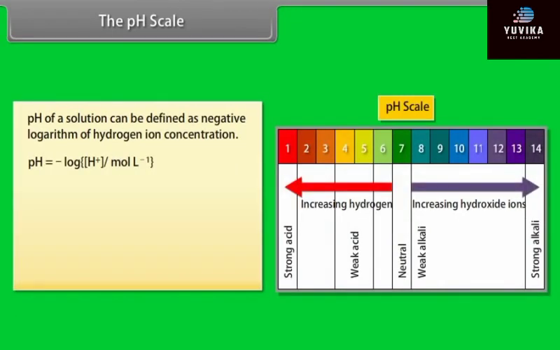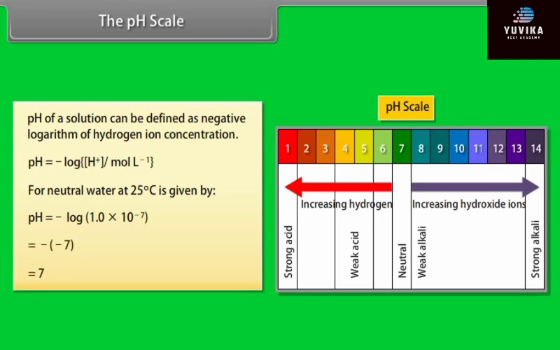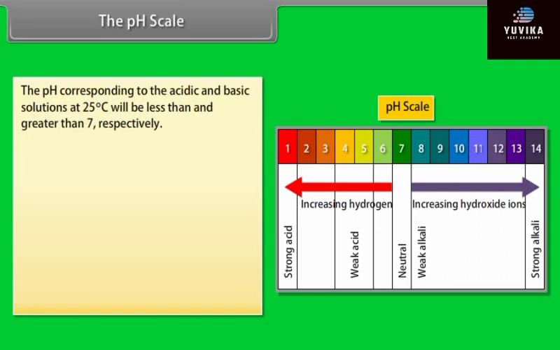The pH scale. The pH of a solution can be defined as the negative logarithm of hydrogen ion concentration. For neutral water at 25 degrees Celsius, pH is equal to minus log of 1.0 into 10 raised to the power minus 7, which is equal to 7. The pH corresponding to acidic and basic solutions at 25 degrees Celsius will be less than and greater than